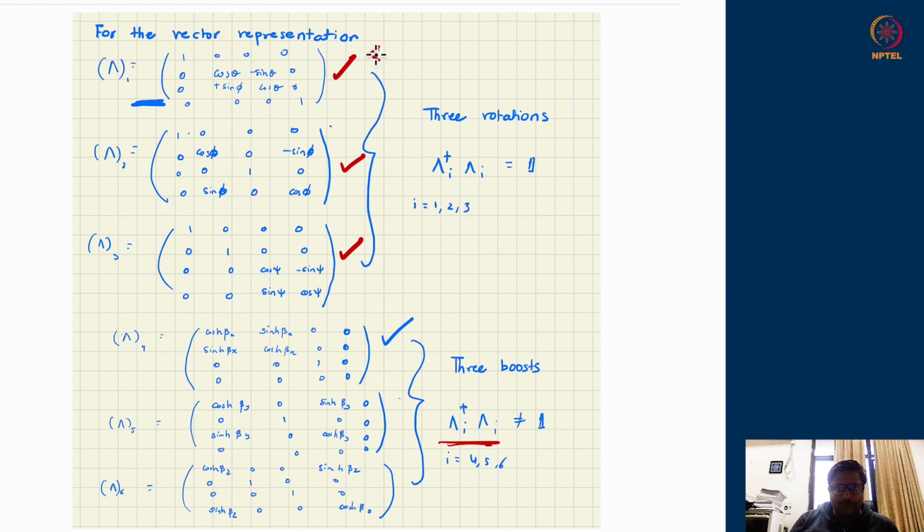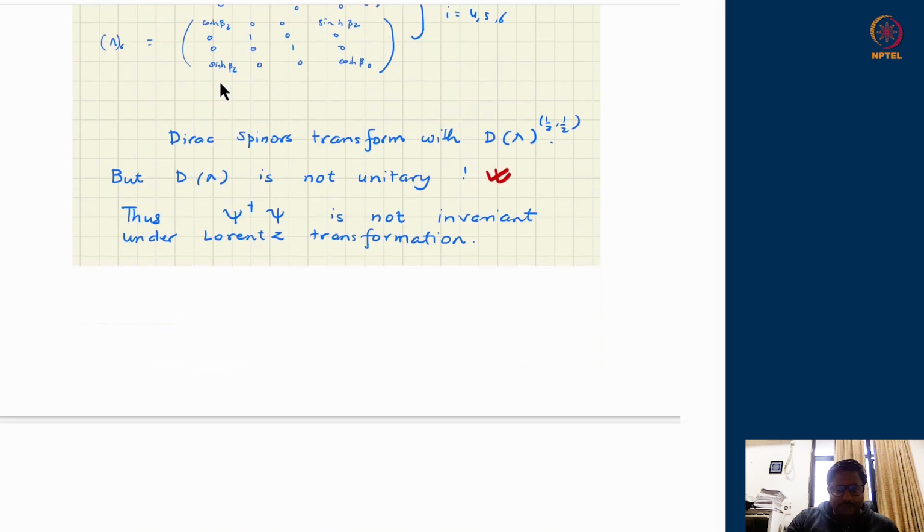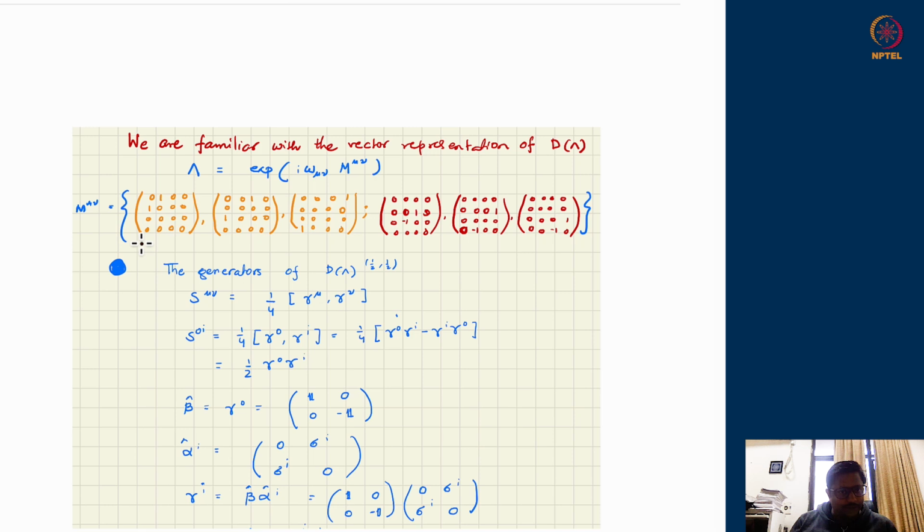For example, if I want to know the generator of the rotation about the x-axis, what I will do is take the matrix itself, take the derivative with respect to the parameter of transformation, which is theta in this case. Then I will obtain a new matrix after the derivative, and in that matrix I will put the parameter to 0. That will give rise to the generator of the rotation about the x-axis. After this operation, which you can verify as an exercise, we are supposed to get the first matrix over here, the red matrix, for the rotation about the